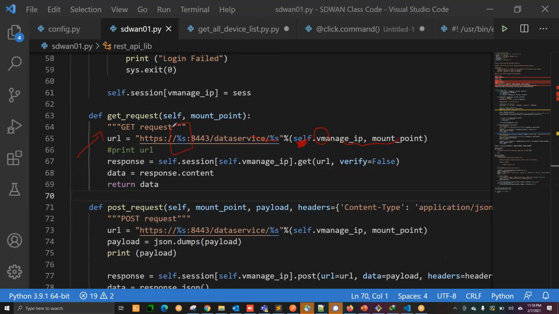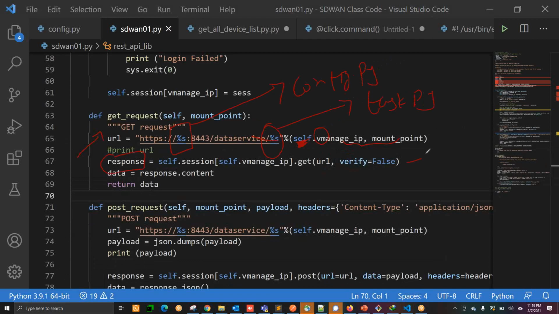This IP you will get as a variable, whatever you feed in the config.py, and this %s that is there in task.py. In our present case, the library and the task are in the same file. So these two you have to feed, and then you will get the response.